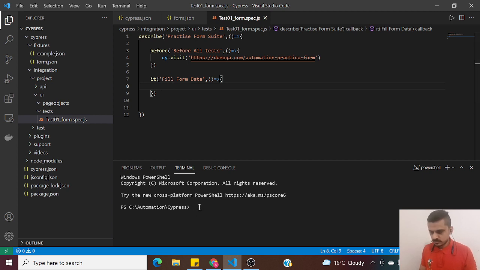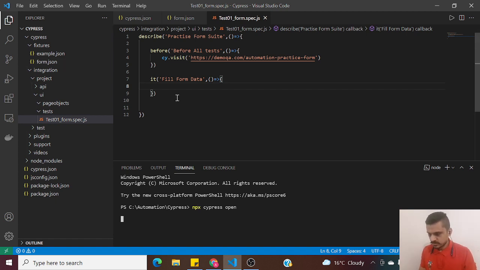Let's see what actually happens for this simple test case. npx cypress open. We're going to use the test runner for this, and then moving forward we'll run as headless, and then we're going to integrate with Jenkins and Docker. We'll build a proper pipeline like we do in our industrial projects. So since I'm opening it for the first time, it might take a while to open. So as it opens up,